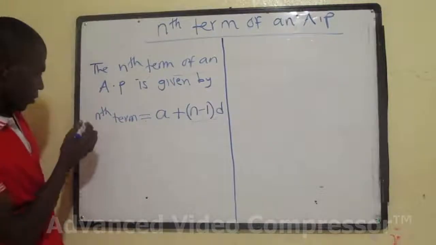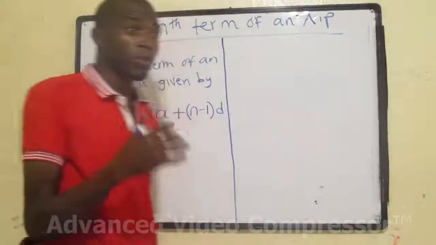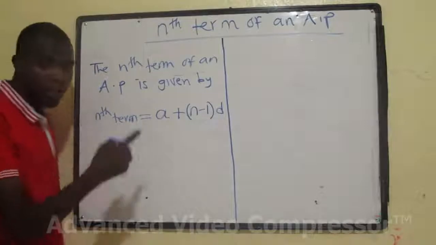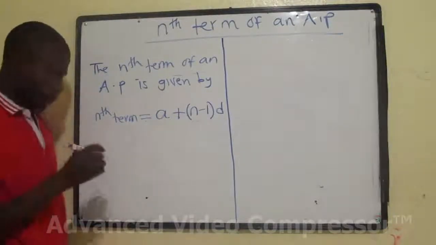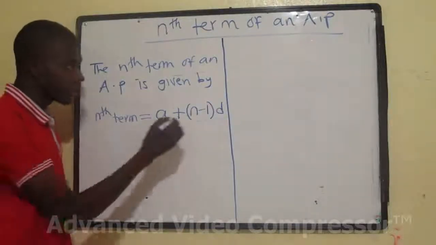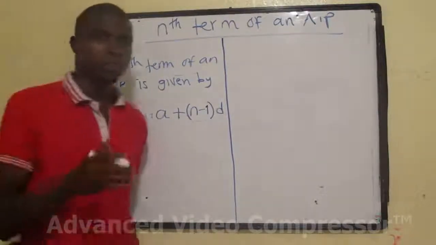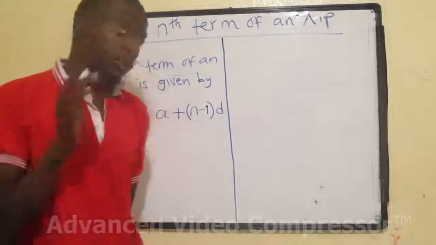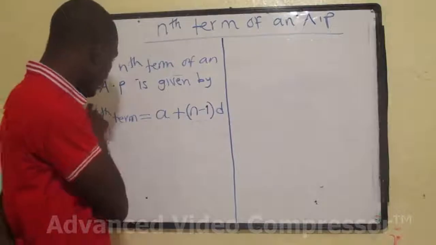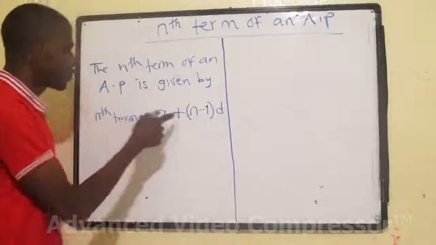What do we mean now? When we say n, we are saying the term number that we are looking for. For example, in the previous example, we wanted term number 15. So we would have replaced n here with 15, because we are looking for the 15th term. What is A? A is the first term. And what is this n again? We know n already. The term number that we are looking for is what we mean when we say n.